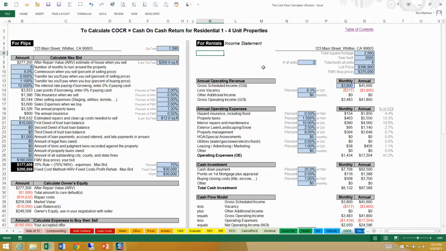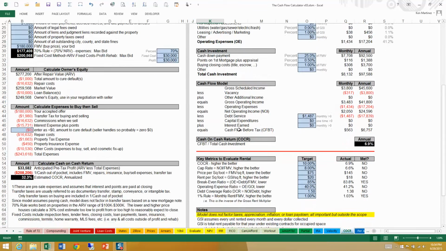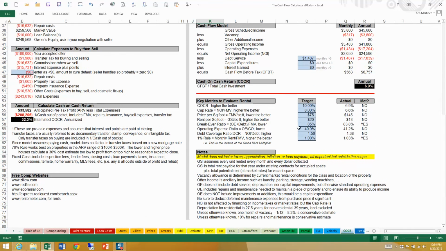it is all the standard things you want to look at in terms of calculating an income statement. I have most of the expense categories that are associated with a rental property. If you want to expand this for an apartment, you're going to need to add more here. But this is probably the most common thing for a rental property, residential that is. And then at the very end, it does calculate your annualized cash on cash return. And then I've also included